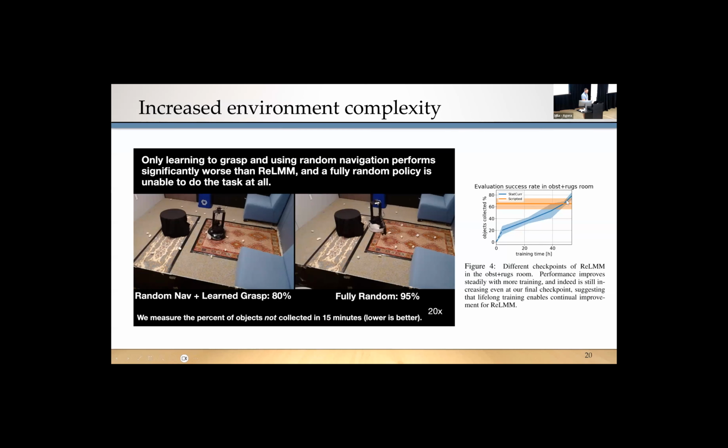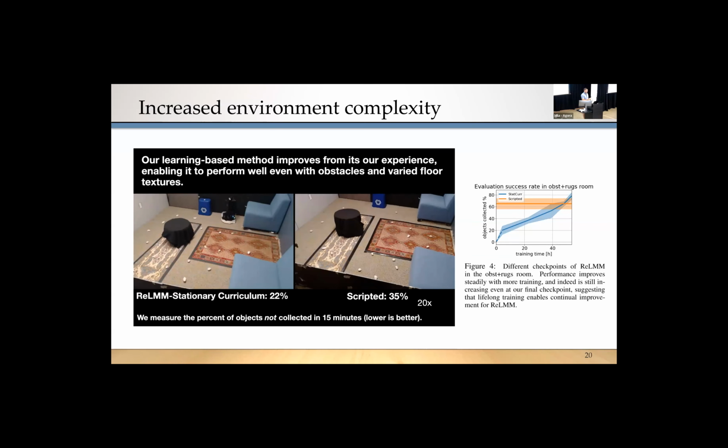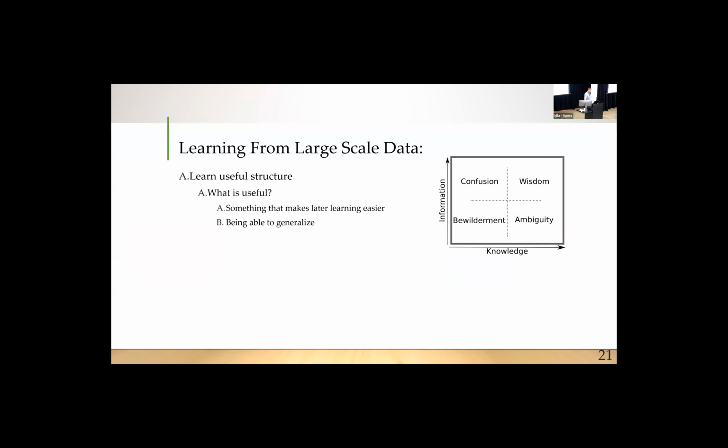We also grabbed a controller that was the best expertly created thing we could think of, and spent a couple of weeks making it. It took us 3 weeks to make the scripted controller and 2 days to train the learning one. So if we get to this scale, we already start to get better advantages from learning. We can take this robot and put it in any other room without any more crafting of a sensor system, and it can still keep learning to do this task there as well.